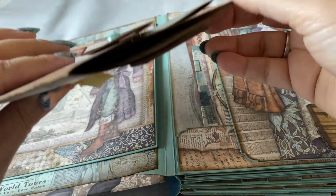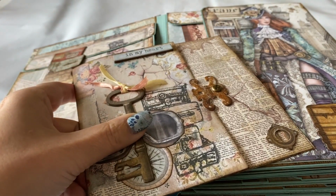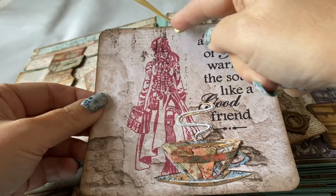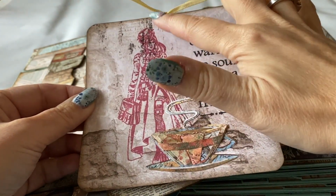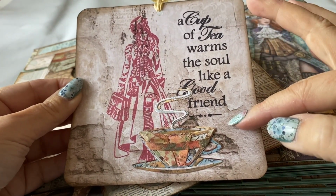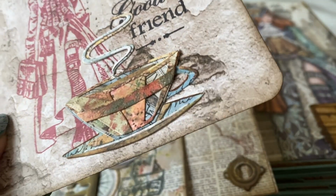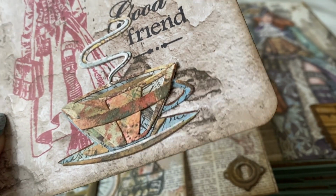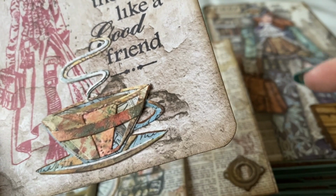Now there's a hidden pocket here on top. And the insert that I created for it is here. So this is also a double-sided piece of paper, stamped with a stamp from the collection, a tea sentiment, a cup of tea warms the soul like a good friend. And then here I did some colorized die cutting by Sizzix. So this is the cup of tea by Tim Holtz,